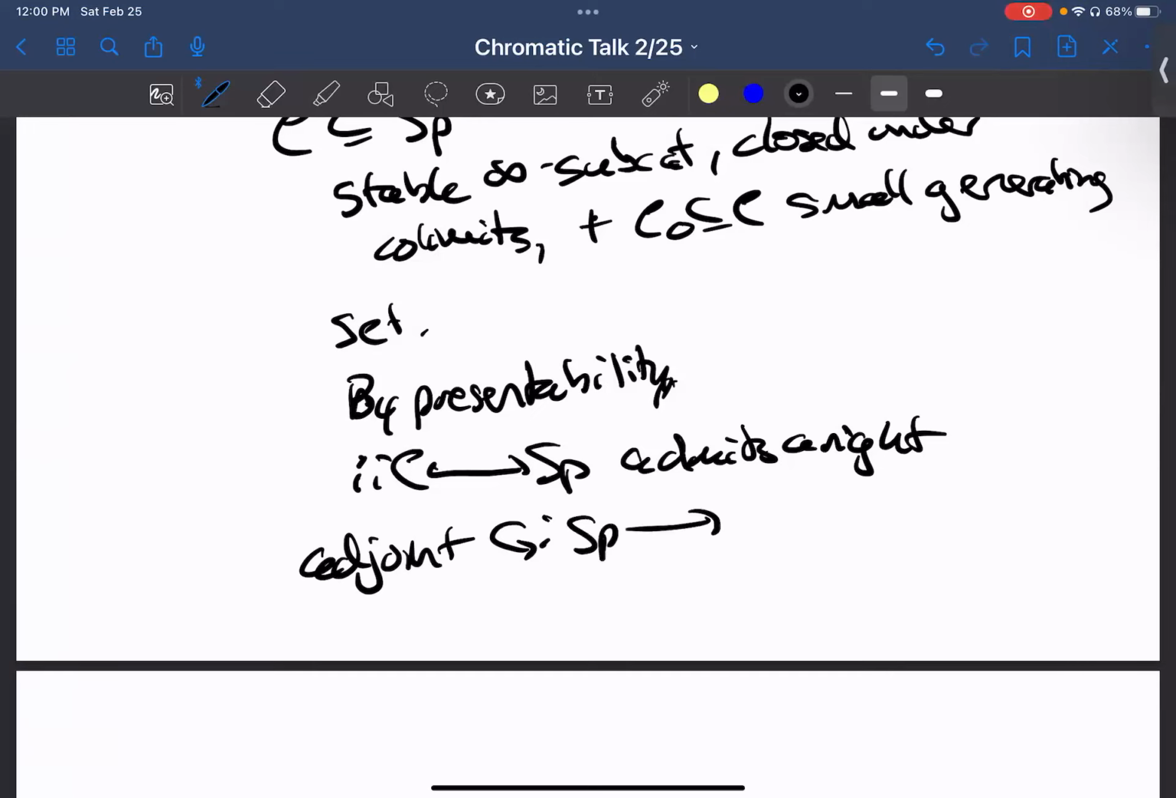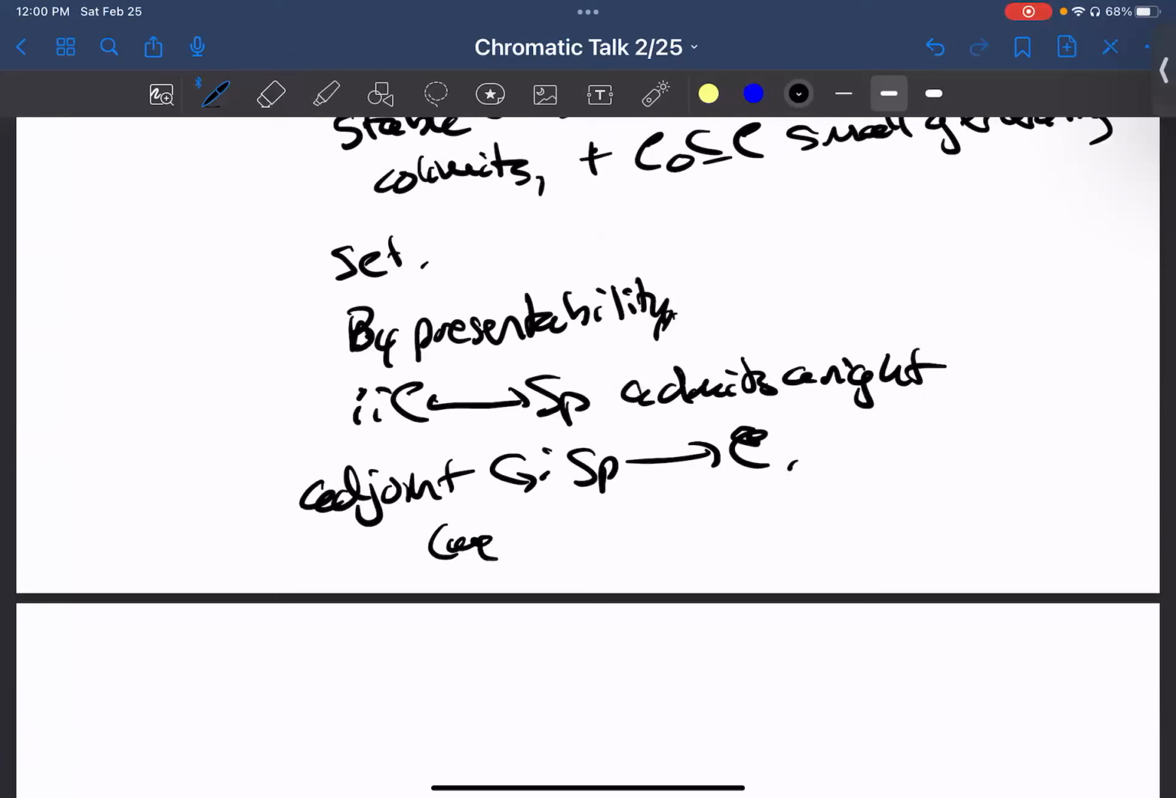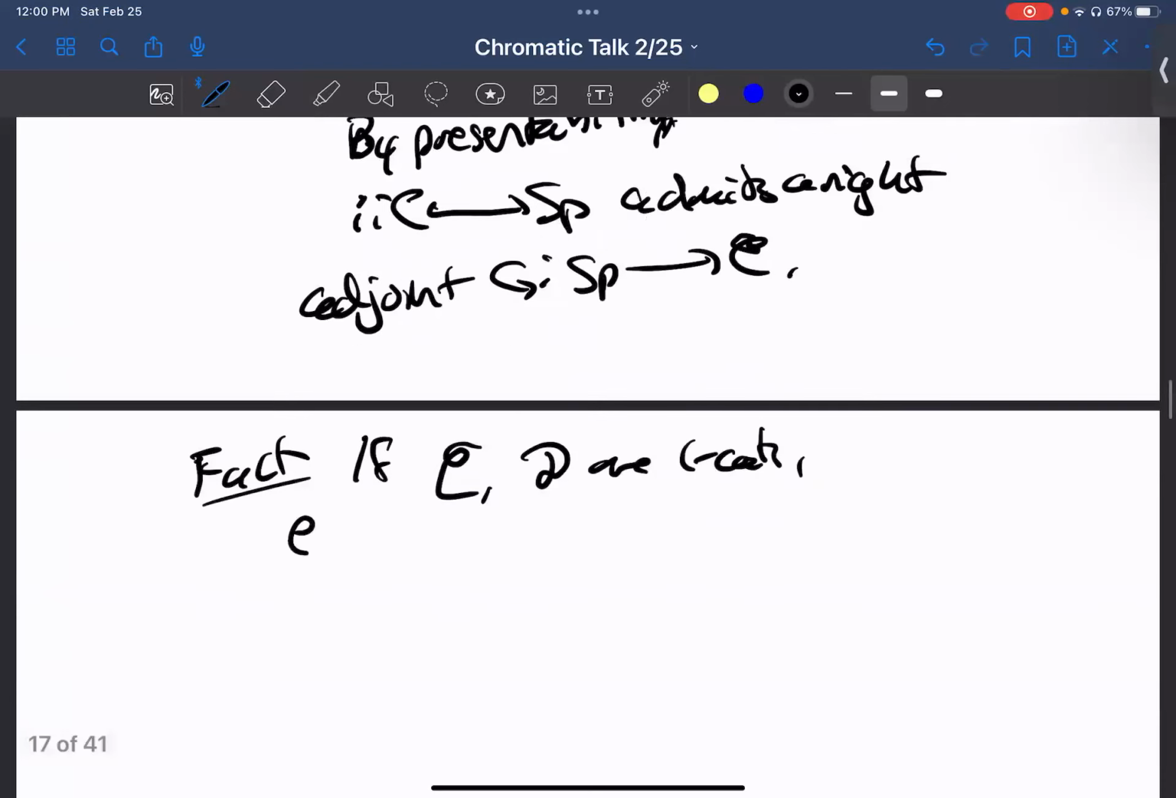G in spectra down to C. Sometimes we will, I'm going to try and not abuse notation. We'll see if I can go without abusing notation that much. But if we recall this fact from basic one category theory, if C and D are one categories, and we have an adjunction like so,